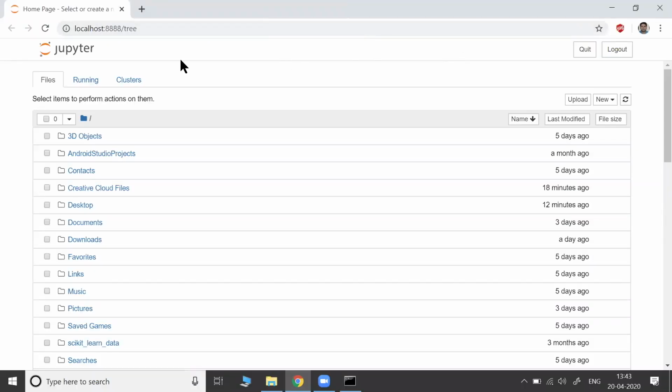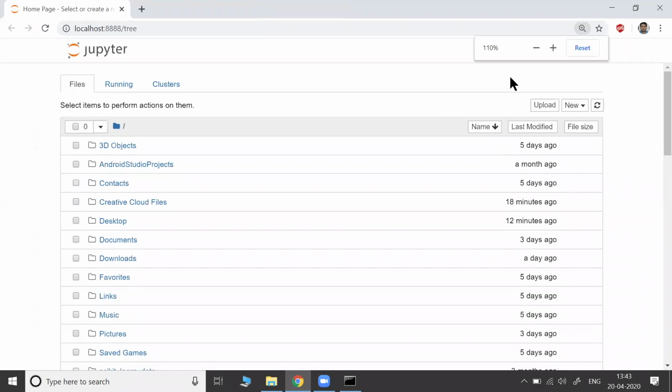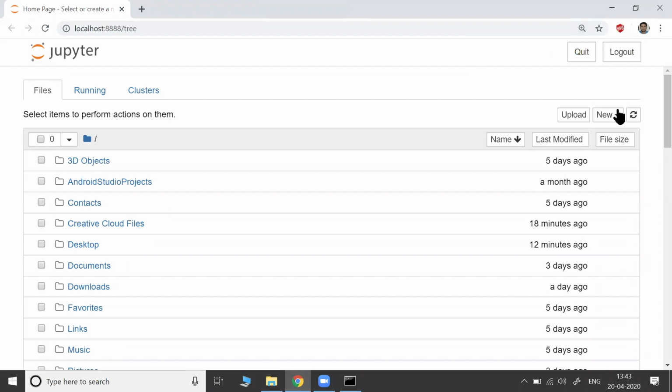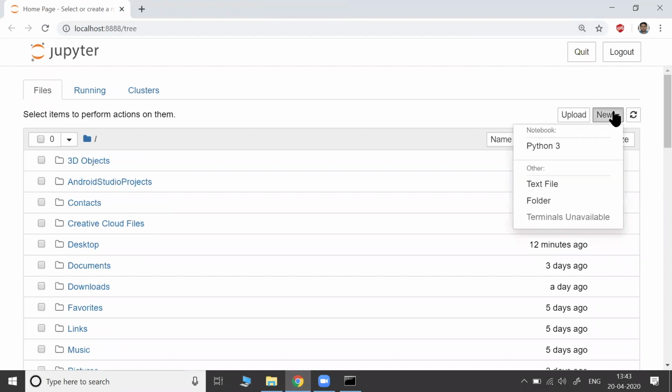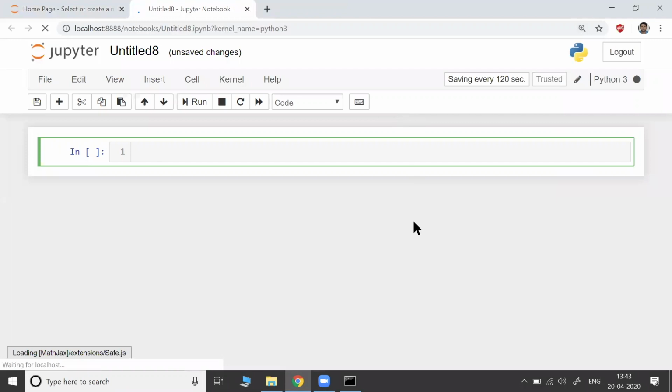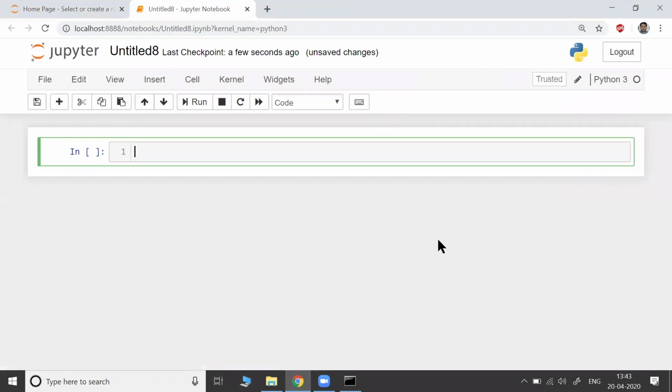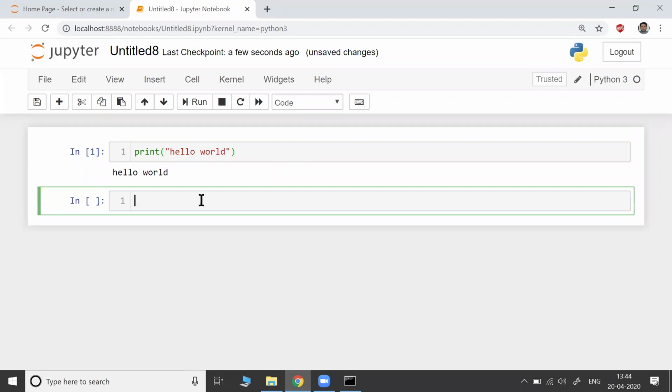As you can see, Jupyter runs in the web browser that you have selected by default. Mine is Chrome. To make a new Python file, I will simply click on New. I can select Python 3. And there I have a new Python file. If I want to run any code, I can simply say something as basic as hello world. To run, I have this run button. The shortcut is Shift Enter. So I run this, I can see the output.